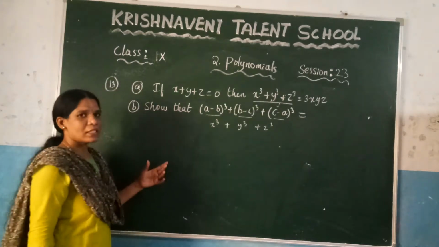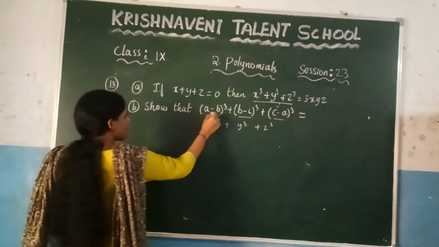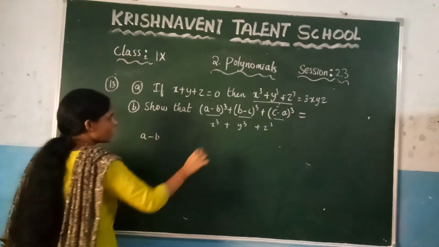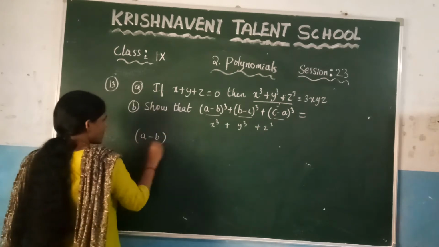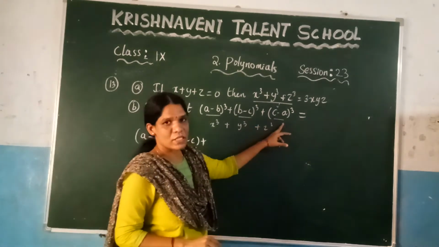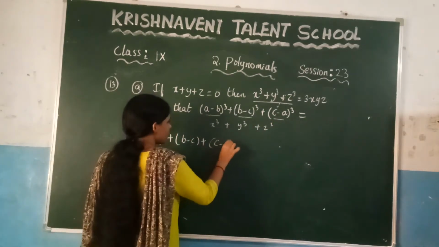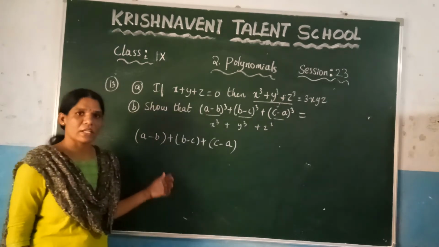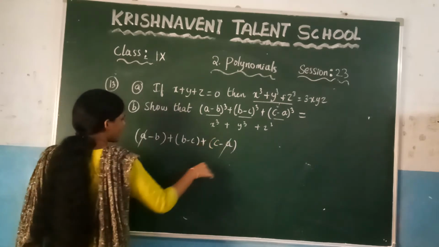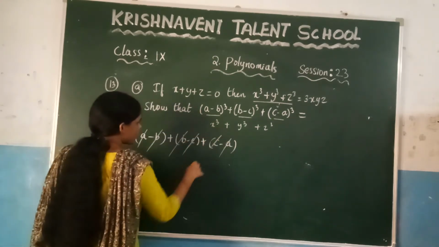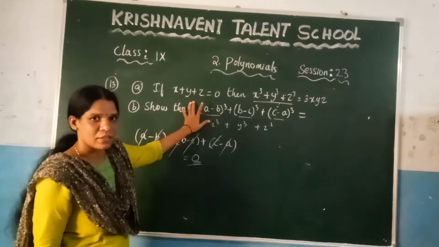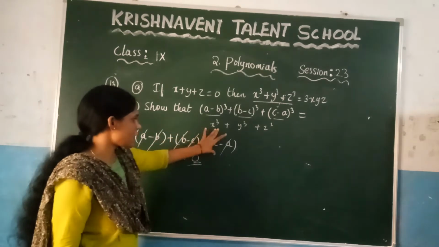So consider x plus y plus z. What is the value of x, which is nothing but a minus b, right? And what is the value of y, which is b minus c, since we are adding x plus y plus z. And what is the value of z, which is c minus a. So write it here, c minus a. Now we are adding x plus y plus z. If you see here, plus a minus a, plus b minus b, plus c minus c will get cancelled. You are getting the result as 0. So this condition is satisfied, which is nothing but x plus y plus z is equal to 0.